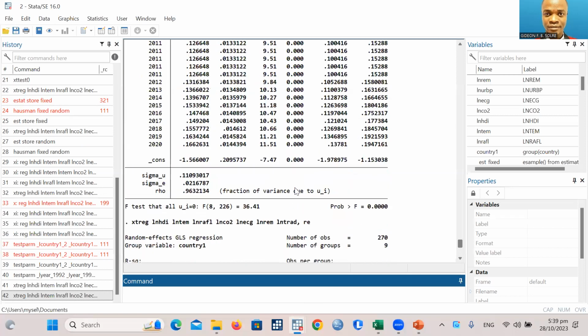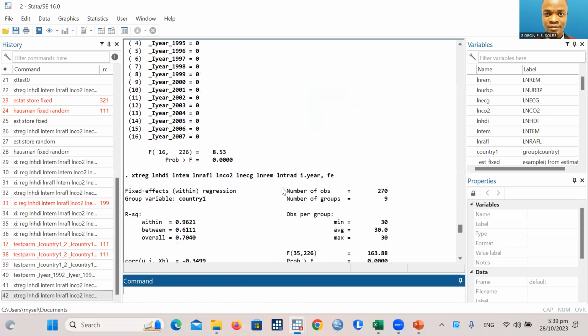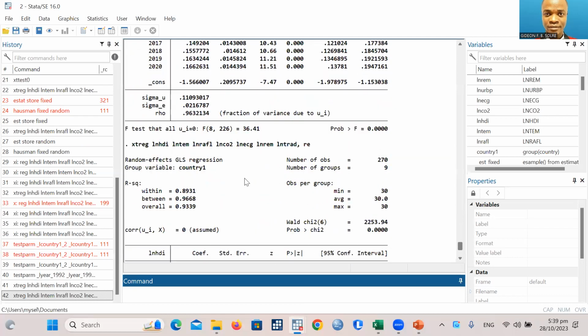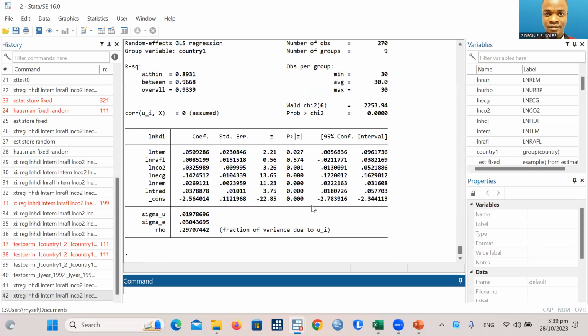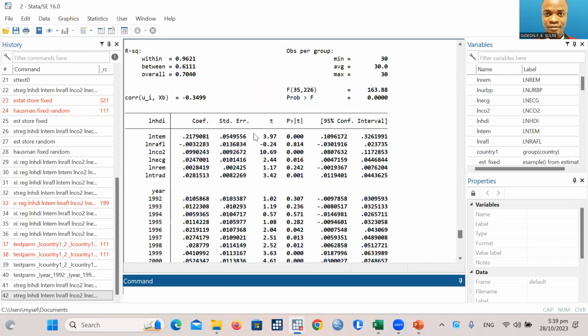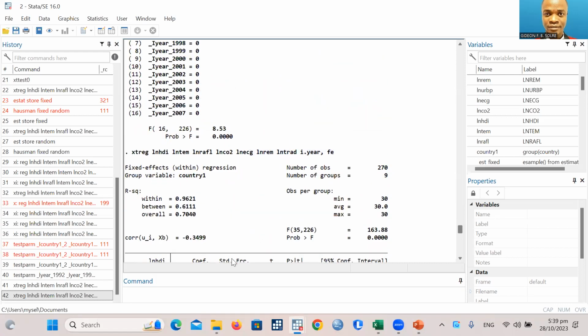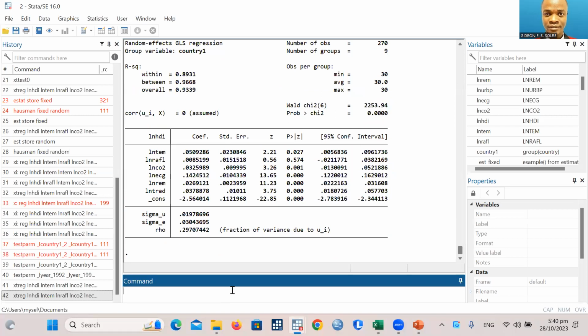Now we have to decide whether to use the old one, because we already did a test which suggests that using the fixed effect is more appropriate. So now we are going to choose between this fixed effect and the random effect. That's what we are going to decide, which of them is more preferable for us to use to estimate our model. So we use the Hausman test,